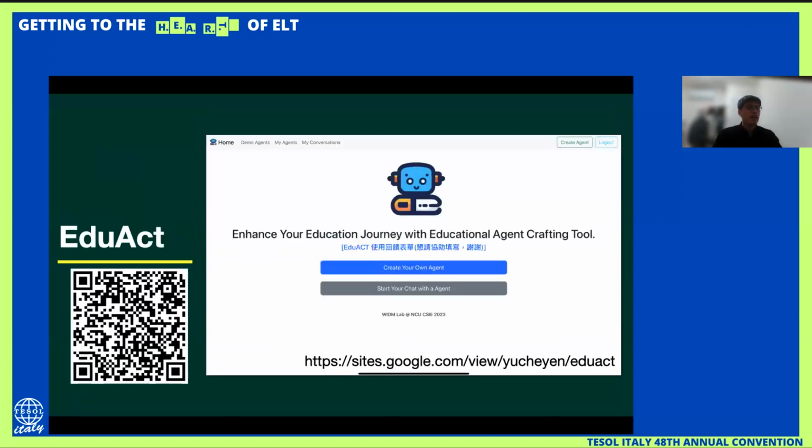All right, so here we are going to present how we use the chatbot in enhancing students' learning. The tool that we used is called EduAct, created by National Central University in Taiwan. It is also one of the collaborative projects with Professor Zhong and Professor Zhang in National Central University.